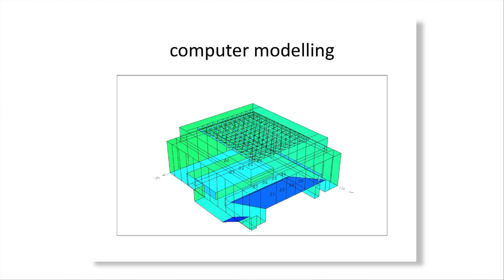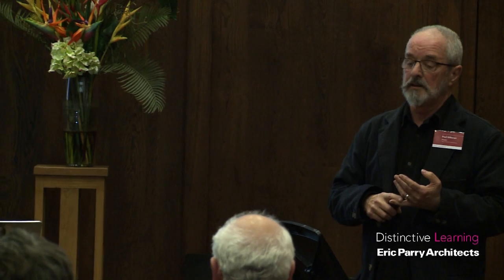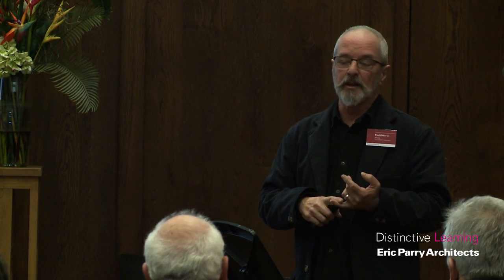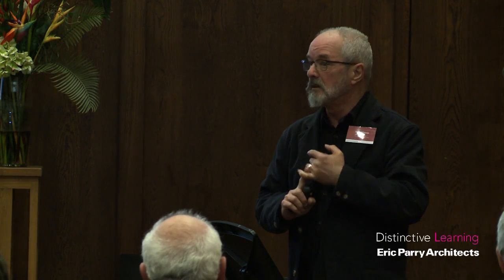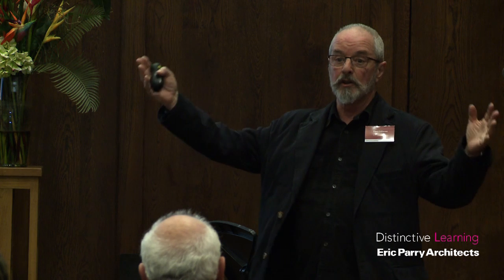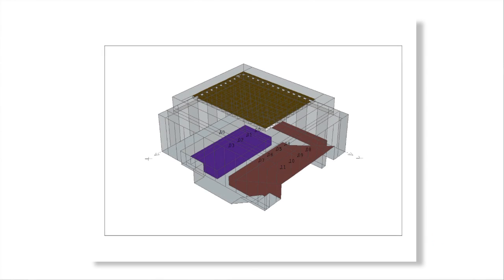Now we come to the science. The science in the last 20 years has taken leaps and bounds. Until 20 years ago, all we had was a formula invented by American Wallace Sabine in 1880, who got a relationship between the volume, the reverberation time of the space, and what finishes and people were in it. And that's what we had, a formula, and that dictated all we did. We looked at existing buildings, we used the formula, and we kind of got it right.